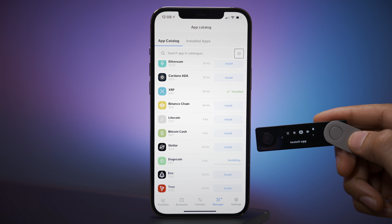Now, here's another app, especially kind of timely when you think about it. It's called Ledger Live. Now, this application is a Bitcoin wallet companion. And the Bitcoin wallet that I'm talking about is this right here, the Ledger Nano X. It is a hardware wallet. It is an offline wallet. It allows you to store your cryptocurrency private key. So it's not just for Bitcoin, although it works with Bitcoin, but it works with all sorts of cryptocurrency and allows you to store those private keys right here on this device. So in other words, you truly do own your crypto when you have them stored offline in a hardware wallet